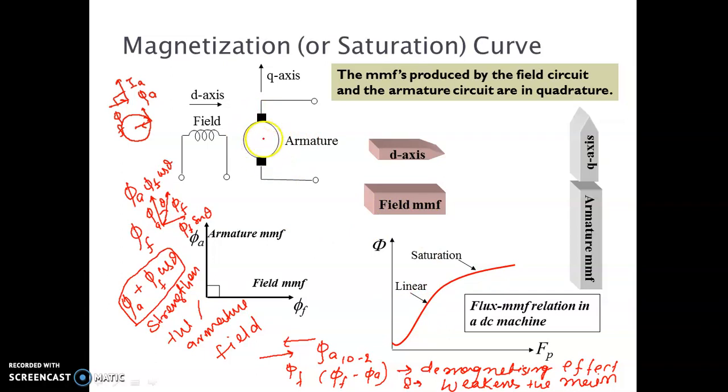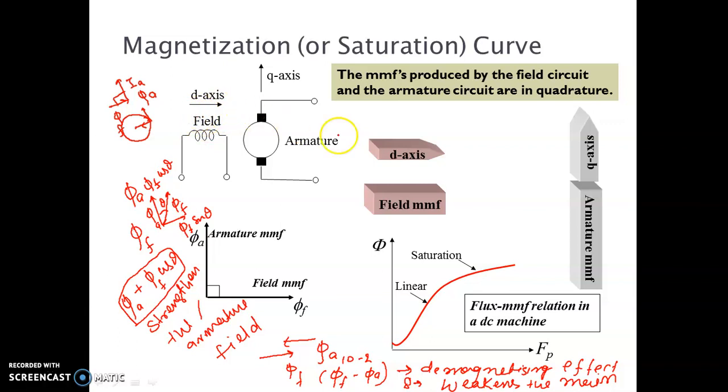Again I am telling the very simple definition: the effect of the armature field on the main field is called armature reaction, and it has three types of effect. One is distorting, another is strengthening, meaning addition is there, and another is weakening, meaning direct opposition, so it will weaken the flux. So three types of effect: distorting, strengthening, and weakening or demagnetizing.